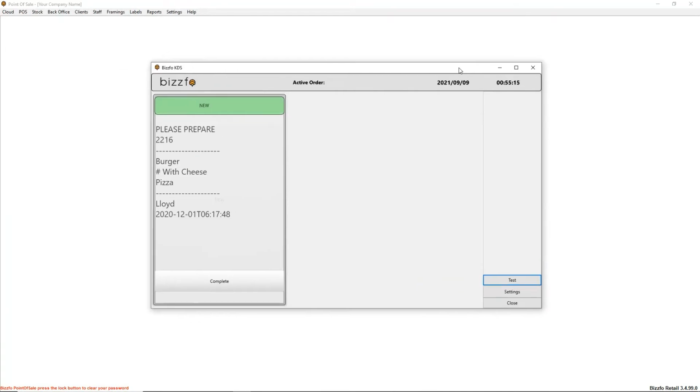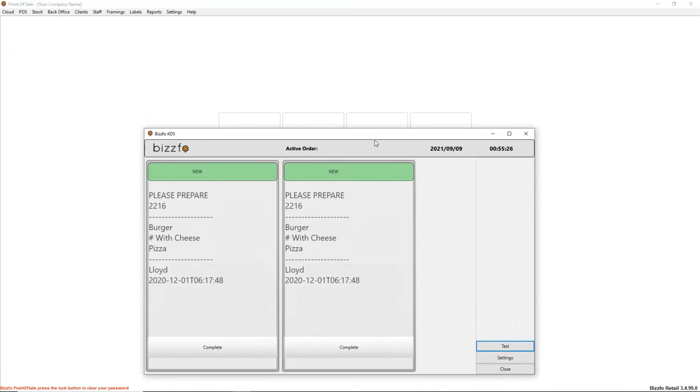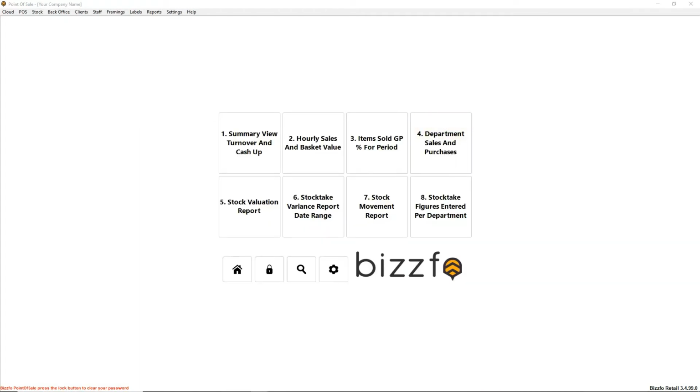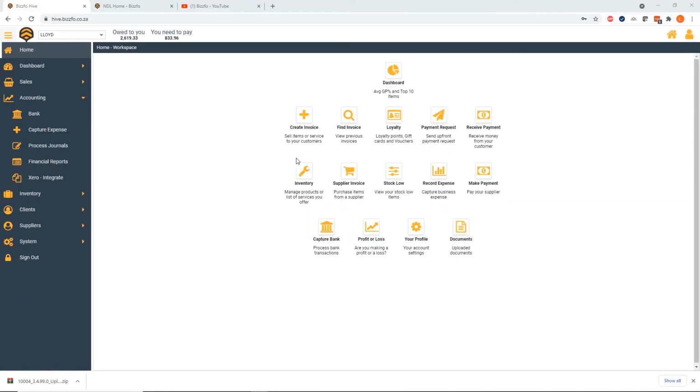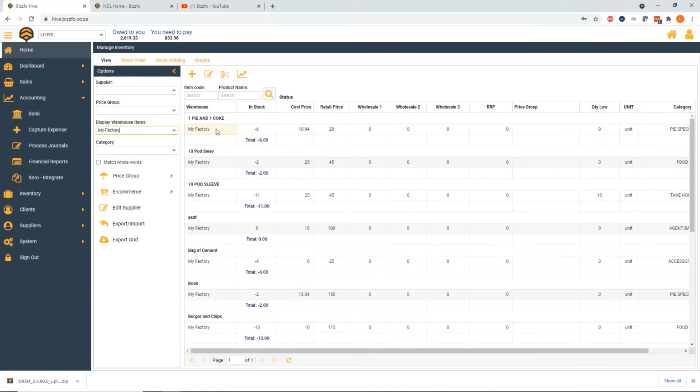Coupled to this environment, so if you have your fast food industry, you can have your KDS, which is your kitchen display units. You can have one or two, and they all come standard with your desktop environments. So jumping around a bit, we've got our Android device and we've got our desktop environment, and what these two environments are doing is they're interacting directly with our clients, and they are sending data to our online platform. Just quickly looking at our inventory, this would typically be items you have, and again it would combine it for all your different branches